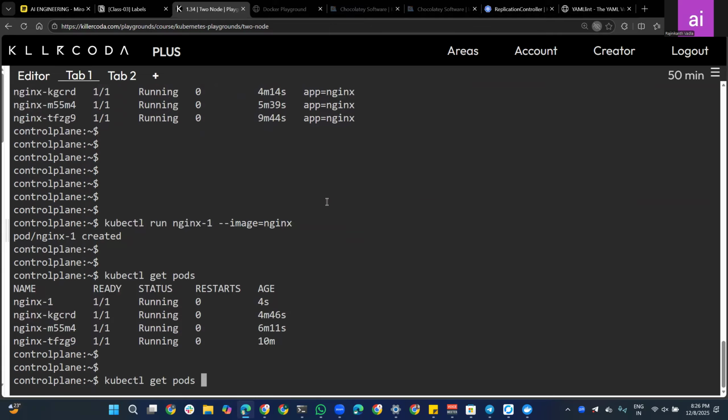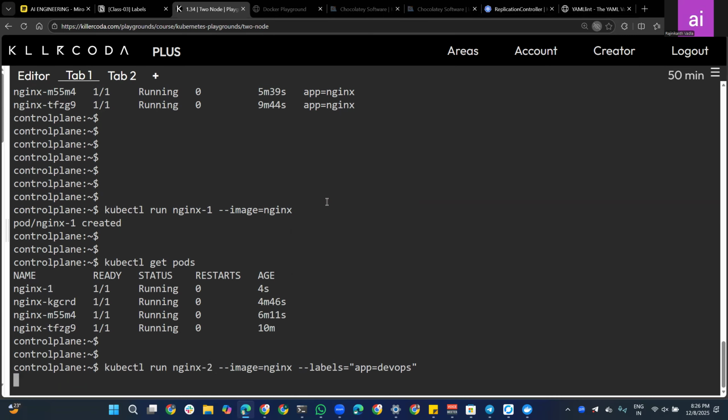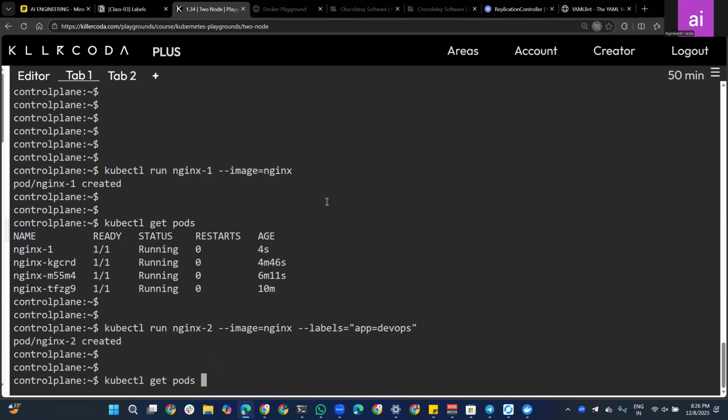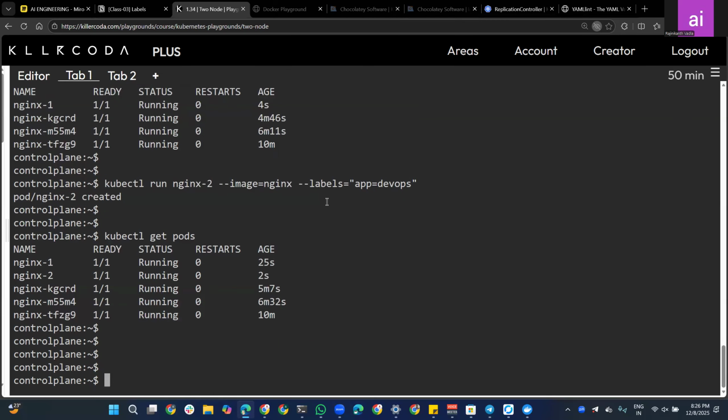Your nginx pod 1 is there. Now what I wanted to create, app is equal to DevOps. So this is pod 2. Let's see pods. You are able to see the pod, but when you say with the same label,